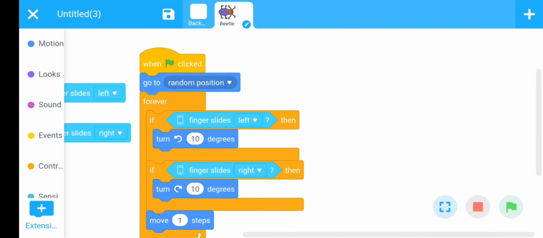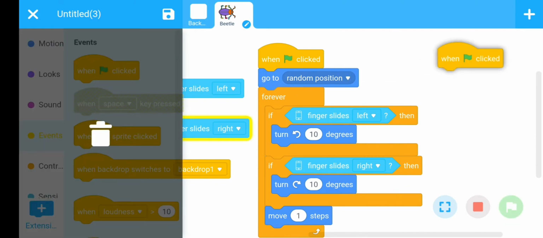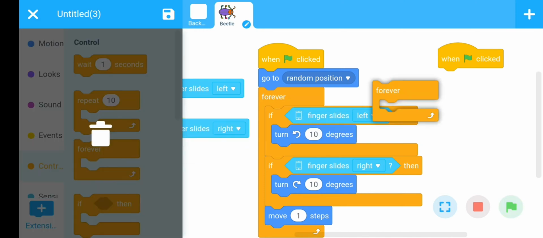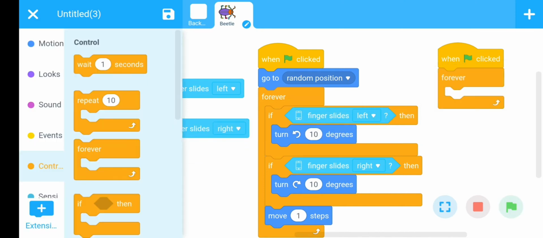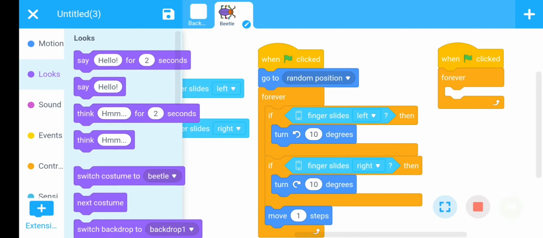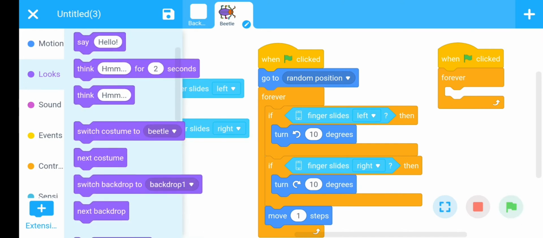Okay, I want to show this natural movement through the coding. For this, use first the command when clicked, then use the forever loop here. I want to switch the costume. For this, use the next costume command here.